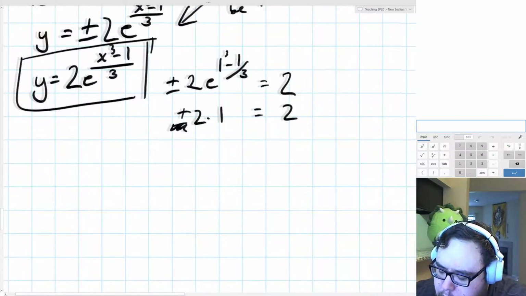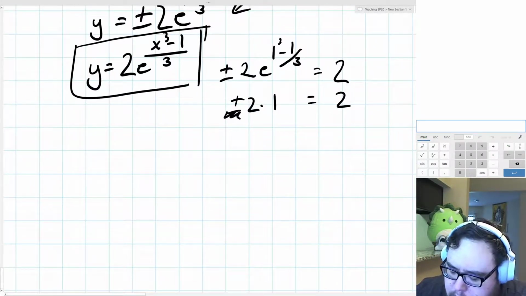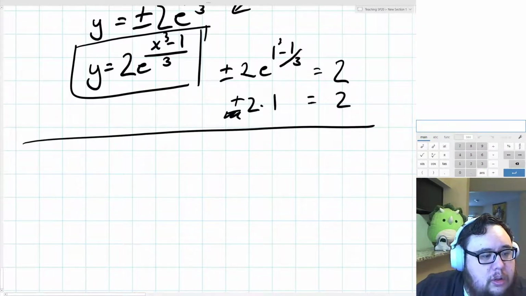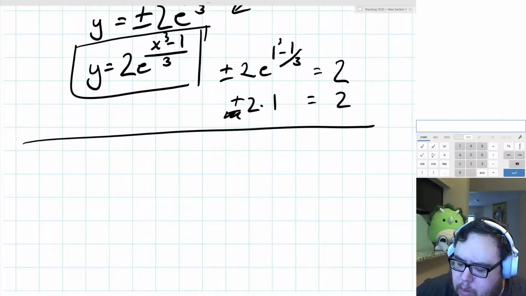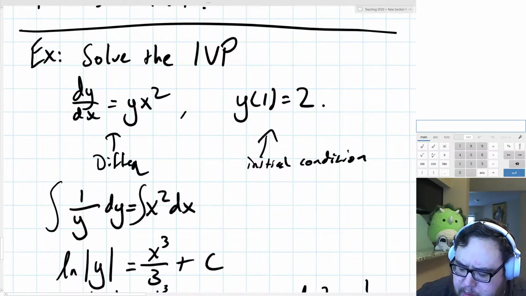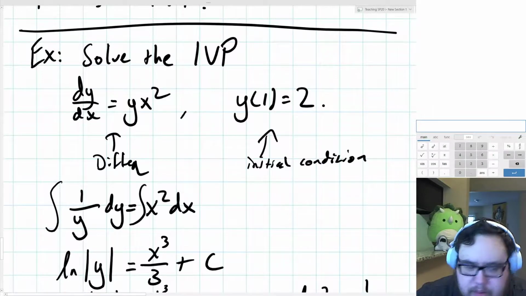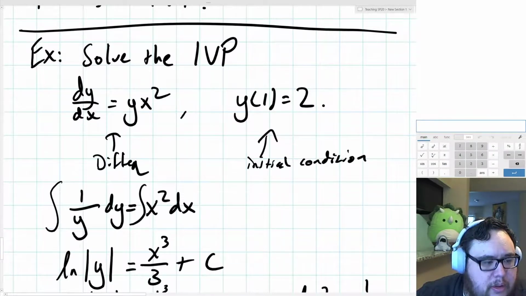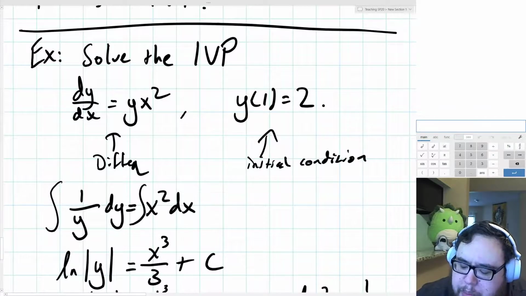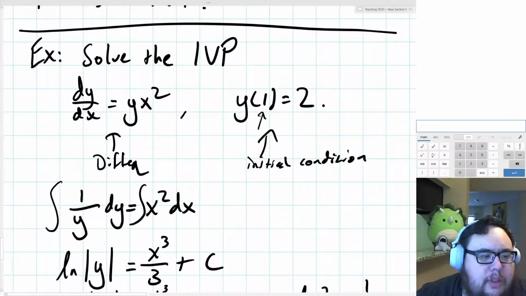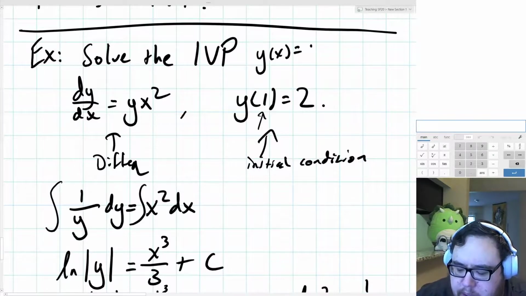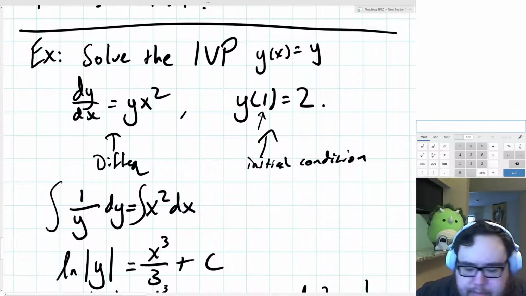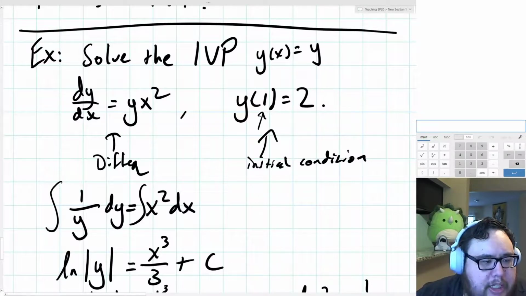I'm sorry, my mic was muted, but my question is, why did x become 1? What's our initial condition? Oh, the function is 1. Okay, never mind. The value we're plugging into the function is 1. So normally we have y of x is equal to y, right? That's why we're plugging in 1 there to check to see what our sign should be. I didn't see that. Alright, good.